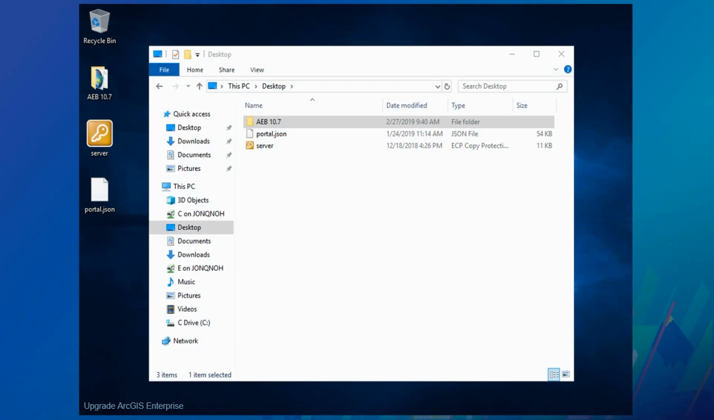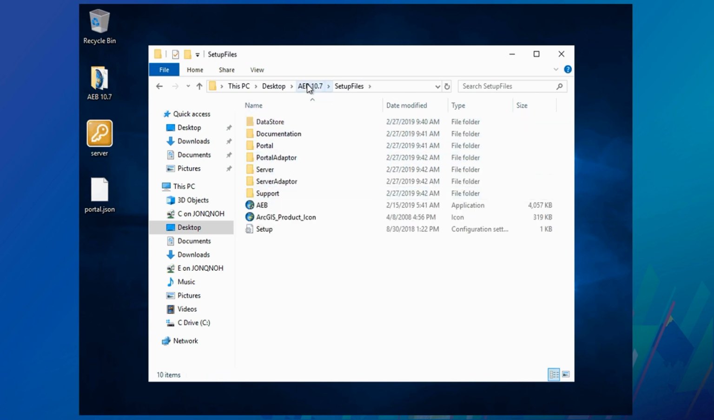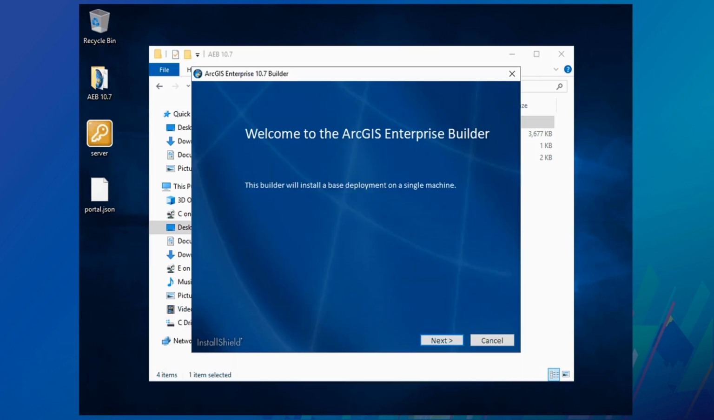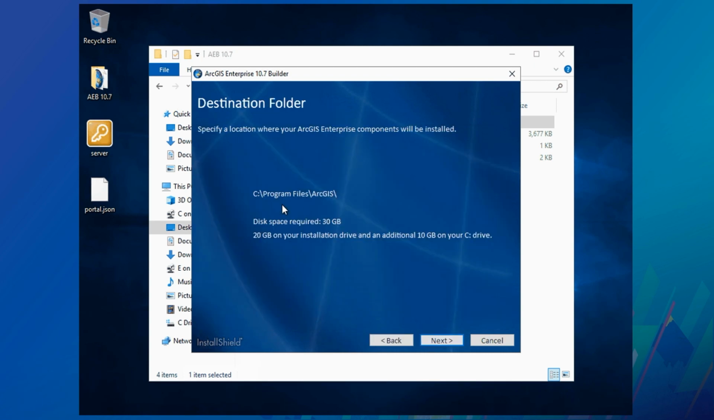So let's say on this machine I've got 10.5.1, 10.6, 10.6.1, whatever I have on this environment, and I'm ready to upgrade to 10.7. The Enterprise Builder is going to look exactly the same when you're going through an upgrade. There's a builder application, and you've got the setup files, just as if you were installing it new. When you bring up the application builder, click Next after the welcome page. You accept the master license agreement. This is an indication that you're going through an upgrade. The install location is going to be